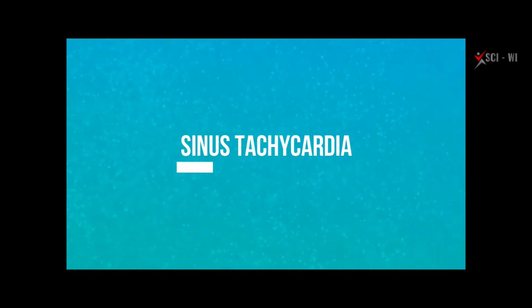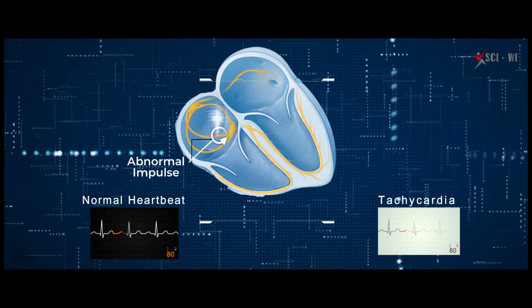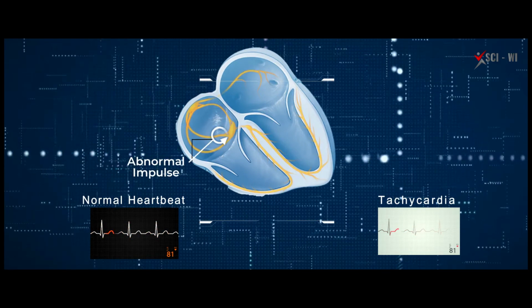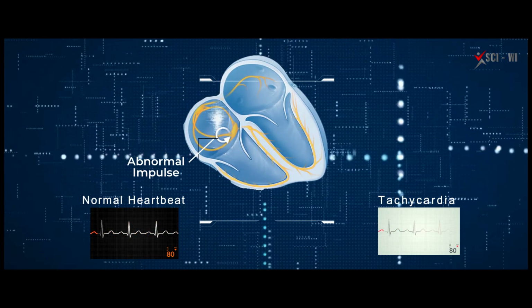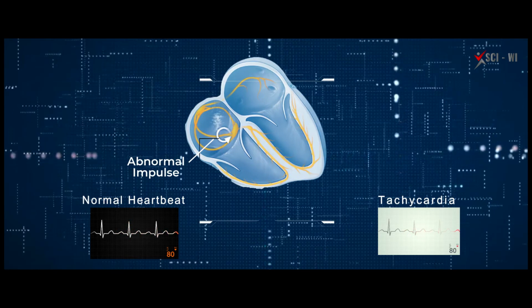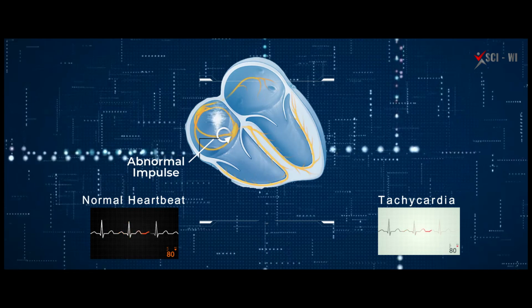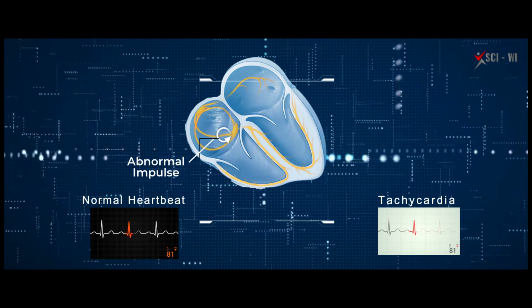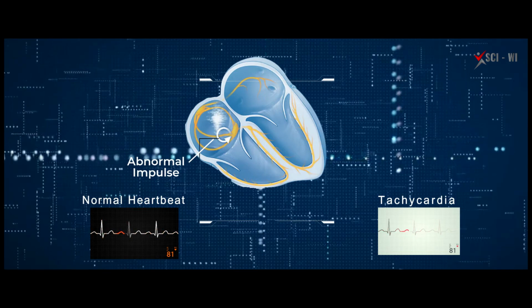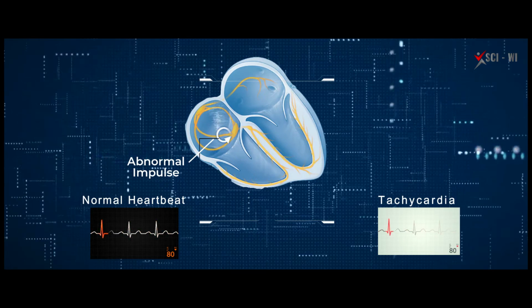Sinus tachycardia occurs when your sinus node sends more rapid electrical pulses leading to a heart rate that's higher than 100 beats per minute. It's normal to have sinus tachycardia in some situations such as when you are exercising or feeling stressed or anxious, have taken certain types of medications, or have used a stimulant such as caffeine, nicotine or some types of recreational drugs, etc.